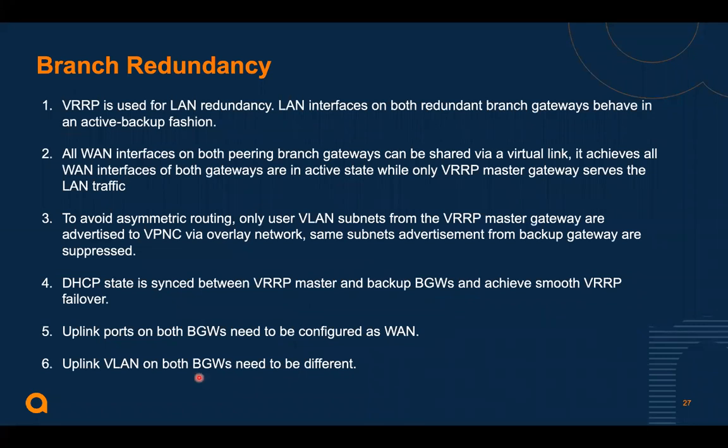And then comes branch redundancy, where we can achieve uplink redundancy for the branches. Say we have two branch gateways that have different uplinks, and if one uplink goes down, all the traffic that is routed for the users cannot go out of the first branch gateway. So to achieve redundancy between the branch gateways and to have seamless forwarding of traffic for the branch gateway users, we have a set of branch gateway redundancy